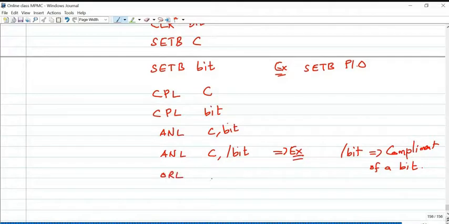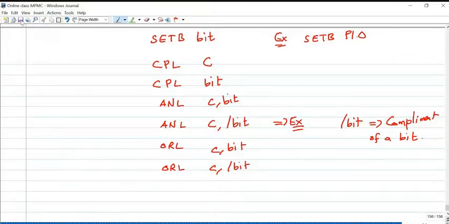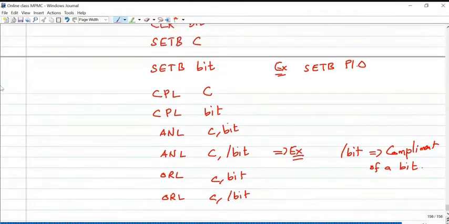Similarly, the OR operation, ORL C comma bit, or ORL C comma slash bit, logical OR with the complement of a particular bit. Okay, that's it. MOV C comma bit and MOV bit comma C we already discussed in the data transfer instructions. So these instructions are available in the 8051 microcontroller to perform logical operations, set a particular bit, clear a particular bit, or take the complement of a particular bit.